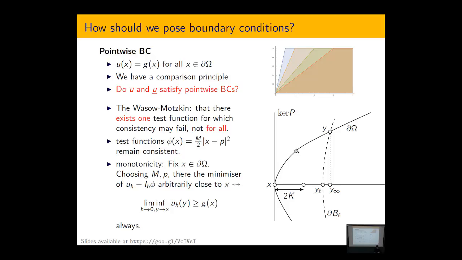What I wanted to motivate is that all the test functions more or less look isotropic. They stay consistent. And now I have to just work with these test functions to show that this boundary layer cannot build up. So in fact, it's already enough to work with these perfectly isotropic test functions. If you do that, you have this construction here, moving your point M and your point P and so on, and you control that the boundary layer doesn't go up. It's terrible, I'm not going to tell you this because it's very technical,